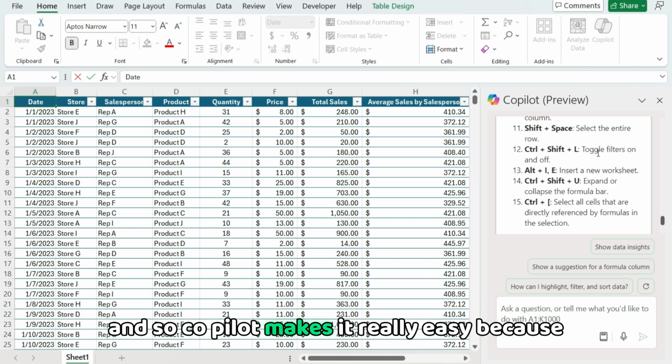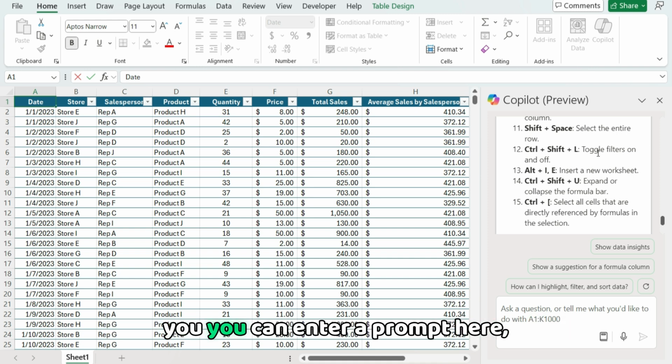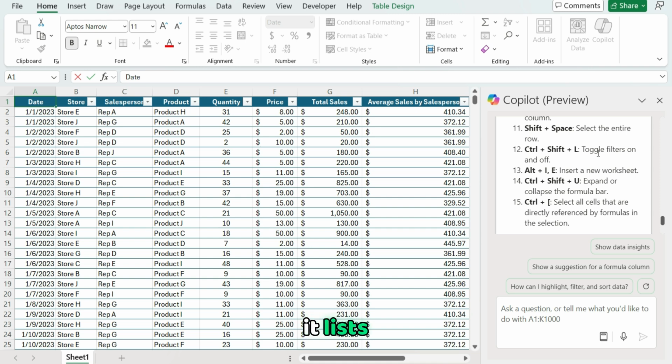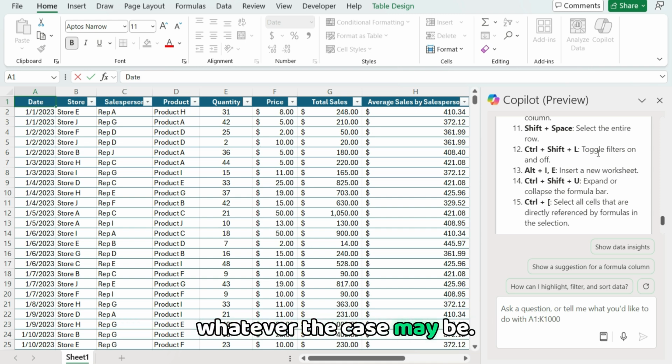And so Copilot makes it really easy because rather than going to look online, you can enter a prompt here. You can say, oh, give us another 10 shortcuts we may possibly want to use, or it lists some shortcuts related to pivot tables, to formatting, whatever the case may be. It gives us a lot of different ideas and ways that we can learn about different shortcuts that we may not have known about. So a really underrated